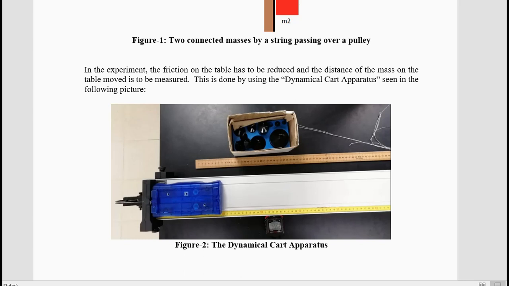We'll be adding different masses to the cart, and the cart has a certain mass, and the added masses together will be the total M1, and M2 will be the hanging mass. Since we want a small acceleration, we'll put a small hanging mass of about 20 grams, not more than that. If the acceleration is high, the cart will fall from the table. It will jump over the track and jump on the ground and break. So we have to be careful. We do not need this extra scale shown in the picture. The yellow scale attached to the apparatus is sufficient.